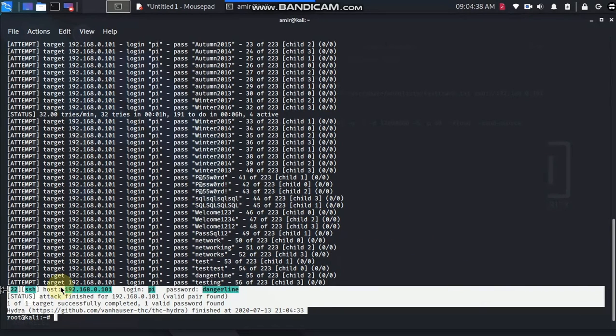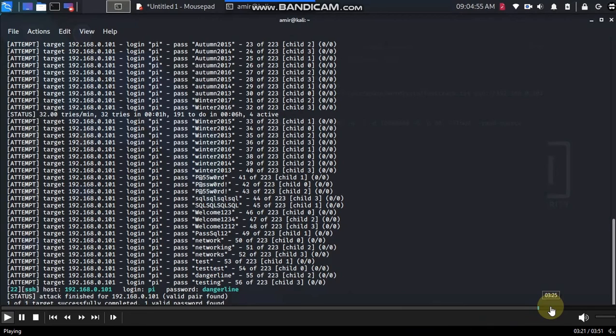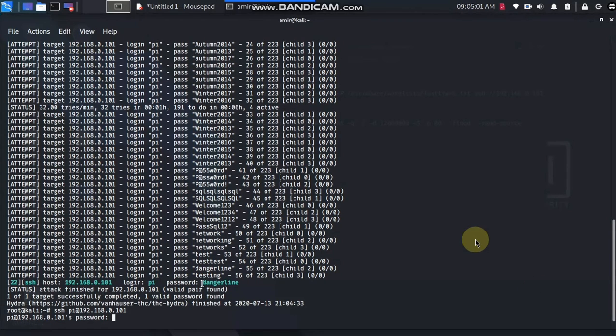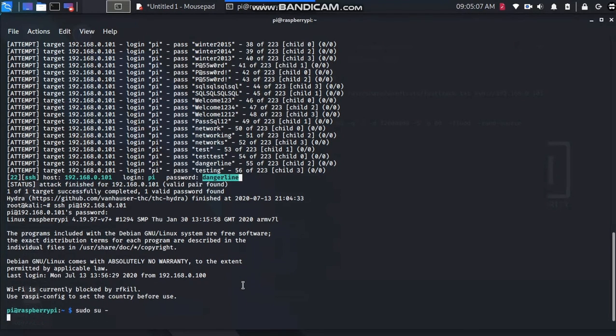As we can see, after the HTC Atom, the password and the login has been found, and this information will be used to connect to the SSH connection to the Raspberry Pi. So now we have the access to the Raspberry Pi,